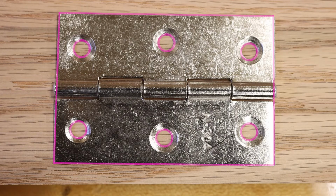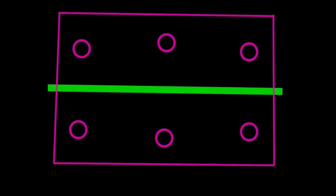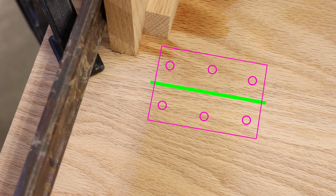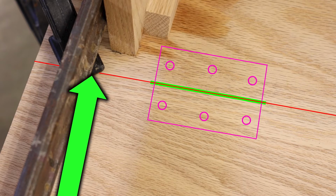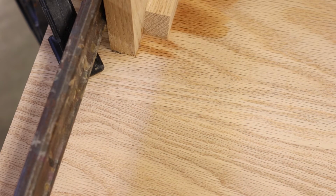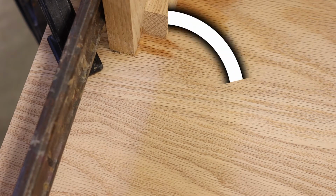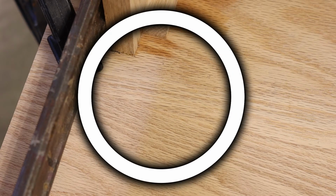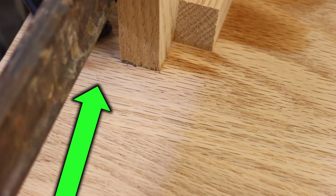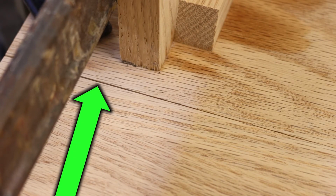Running down the exact center of the hinge, we have a pin. That pin needs to run exactly down our seam where the top centerpiece meets the top leaf. The problem is, if you did a good job laying out the top, gluing it, cutting it, and keeping everything lined up, it's near impossible to see that seam. If I gently loosen up my clamps, I can see that seam